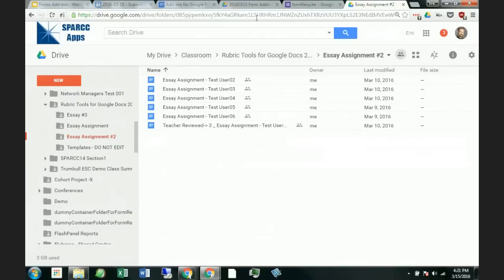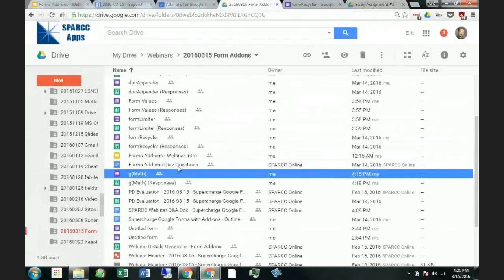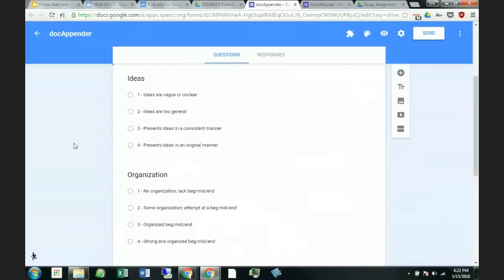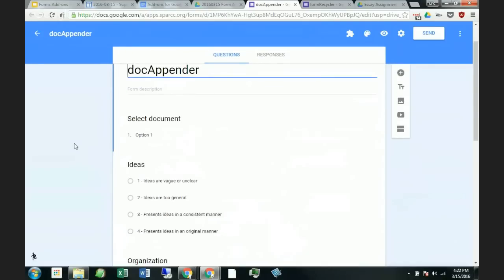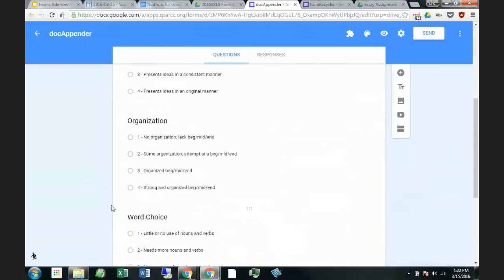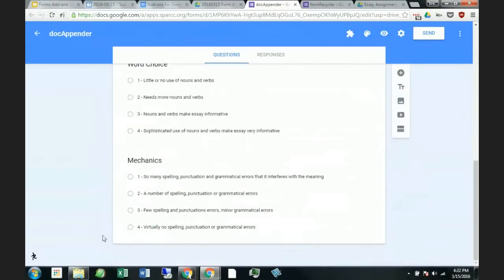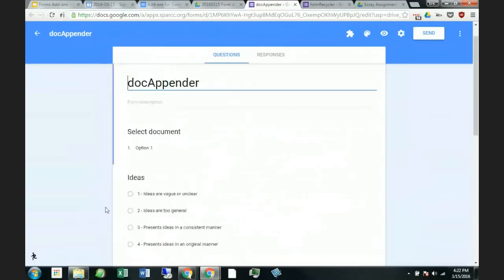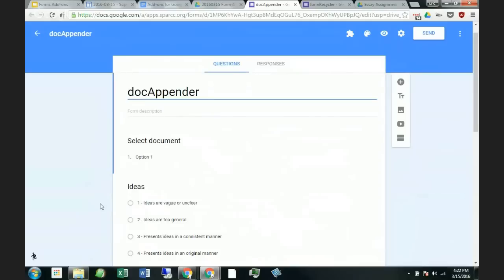Okay, with that said, if I come over here and I find docAppender, here's my form I'm going to use for docAppender. The way it works is you basically build what you want to append onto those documents. So I have built a rubric in this case. I've got ideas, organization, word choice, and mechanics. I built a rubric, and what I want to be able to do is, from this form, pick the student's document, fill out the rubric, and let that get appended, stuck to the bottom